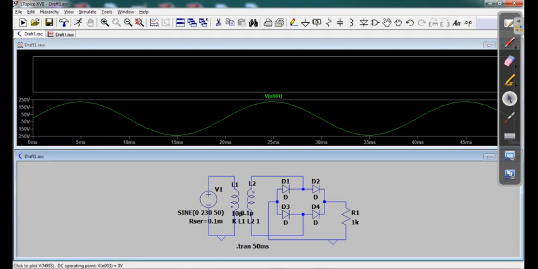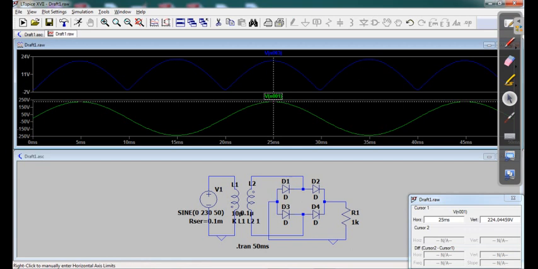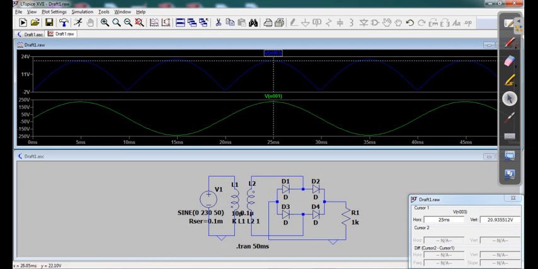You see the output is like this. And here if you click on it you see the voltage is 224. It is expected to be 230, but 224, certain losses because of the series resistance and all that.